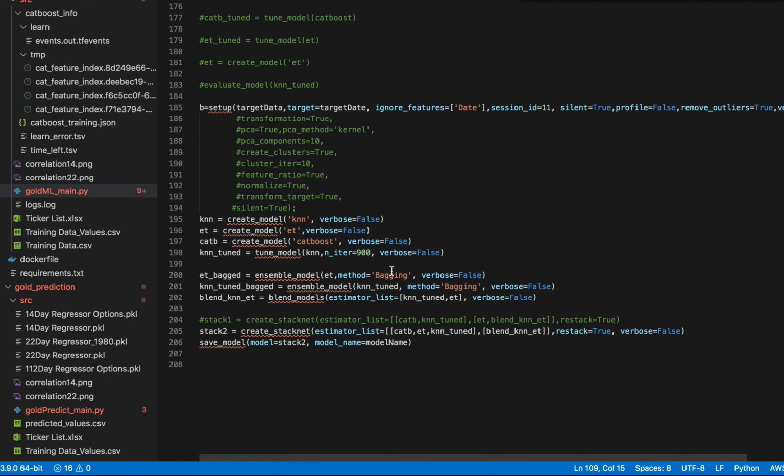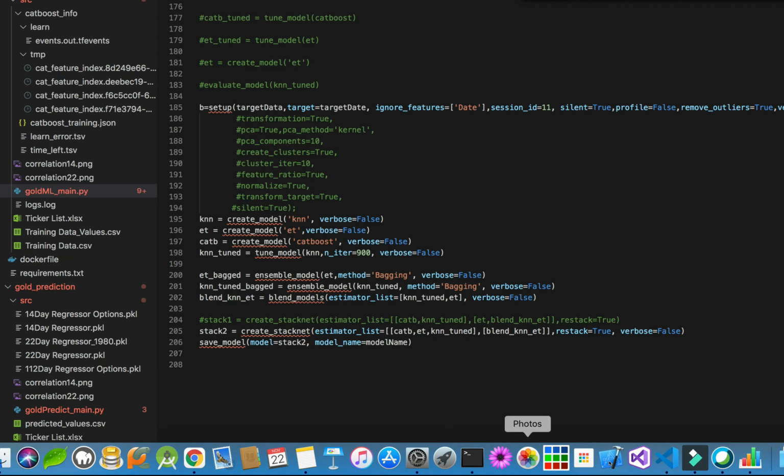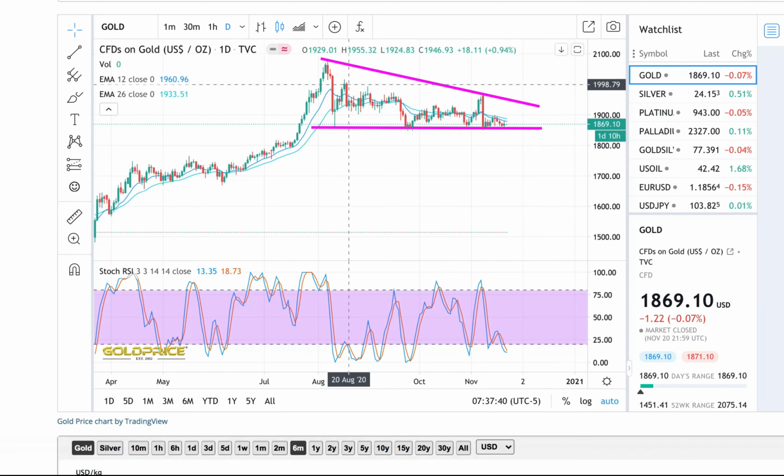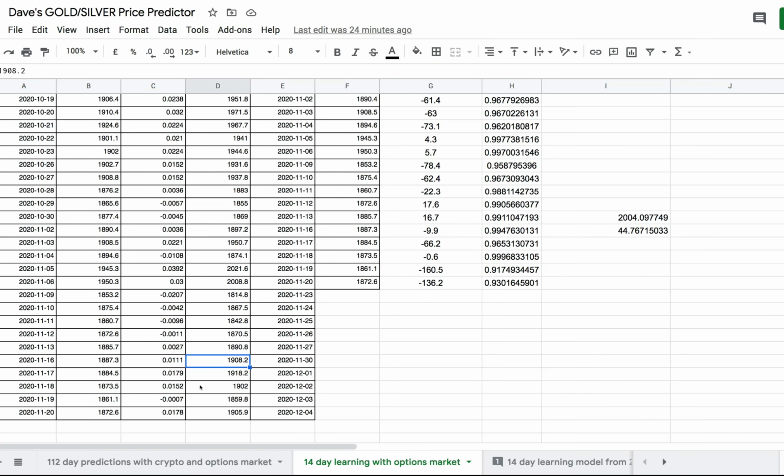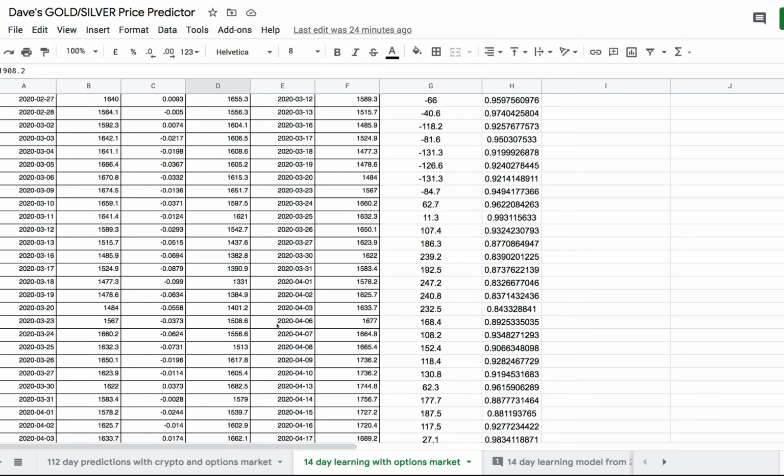Well, I'm sorry to disappoint you. I did not make a crystal ball that could predict the price of gold. Actually, it is quite hard to predict the price of gold. I will show you. I've extracted all the information and I've put it into a drive. I'll share this file with everybody.